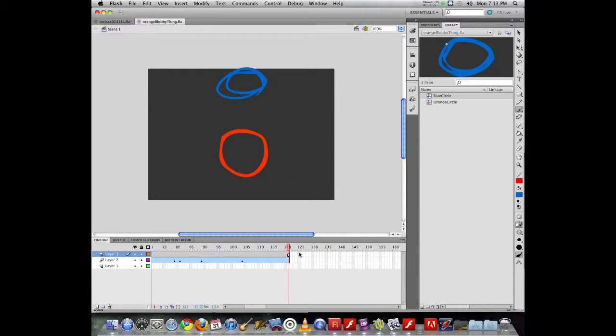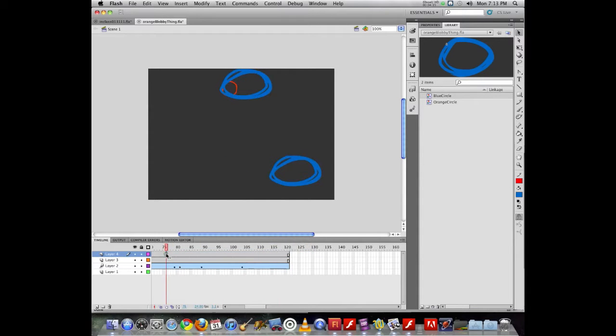So what I'm going to do is I want to leave that one there. I'm going to add a new layer. On this layer I am going to put blue, and I don't want so many frames, so I'm just going to